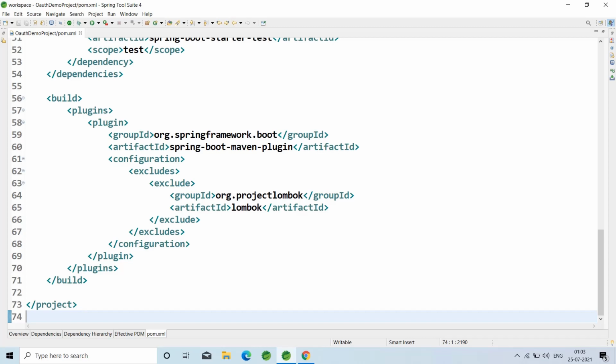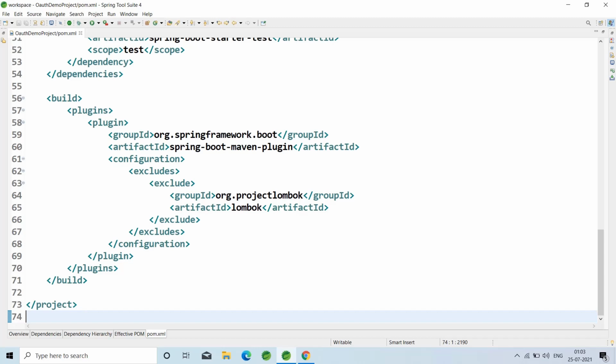Once it has the token, it will send the request along with the token to application 2. Application 2 will have the resource server.